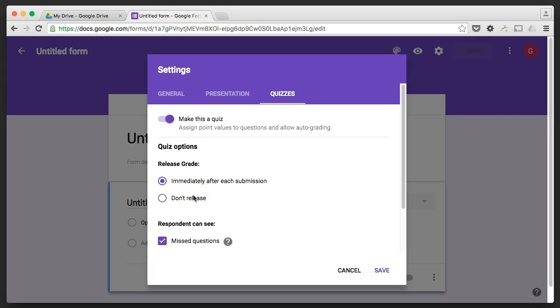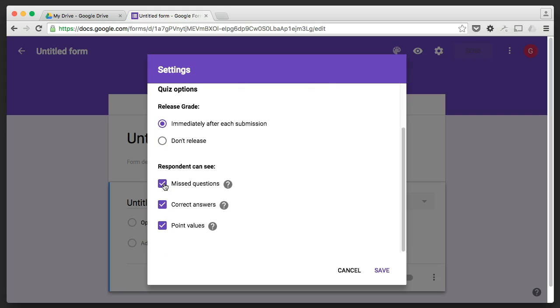The first one is how you want to release the grade for the quiz, whether you want to right away show it to the person taking the quiz, or you can choose don't release it and then manually tell them the score. We're going to leave it as give them the score right away. The next options are whether the respondent can see what questions they got wrong, whether they are allowed to see the correct answers, and how many points they got for each question. So again, for this particular demo, we're going to leave all these turned on. Let's click on Save,